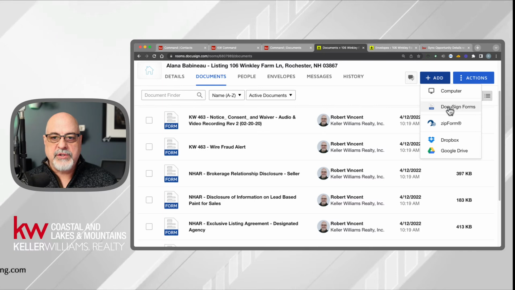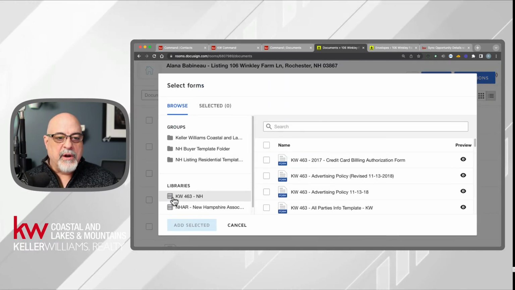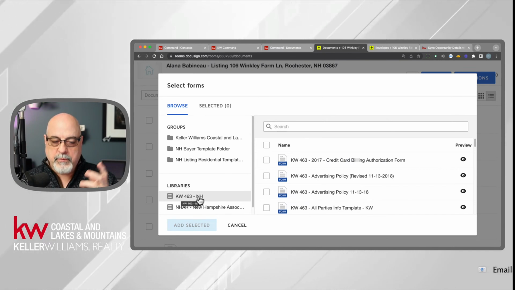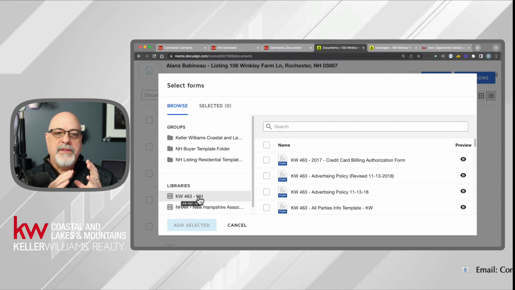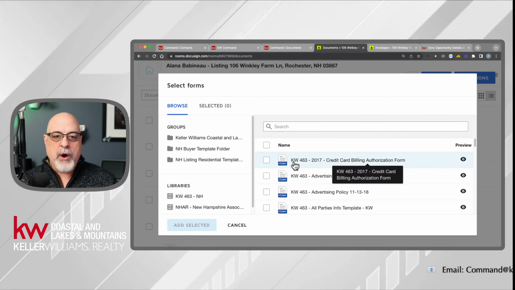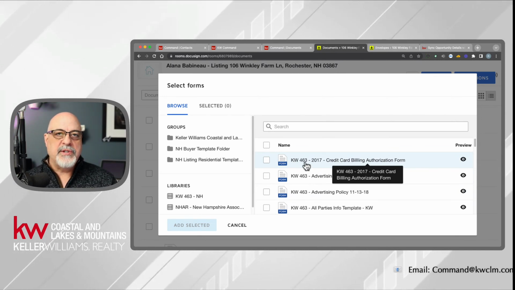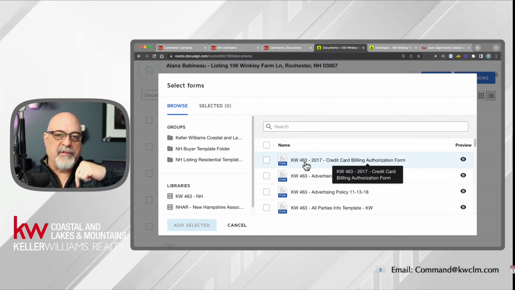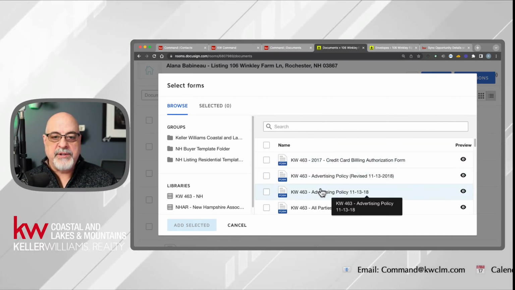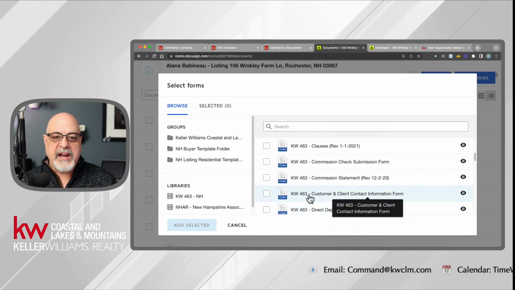And I'm going to go to DocuSign Forms here to talk about it. We have documents that are based on 463, New Hampshire, which is us at the Market Center. These are Market Center specific documents, and they all are preceded with 463 here. And this tells you that this is something that you need to fill out for the Market Center. So any one of these, credit card billing authorization, advertising policy, all parties template, all these different things, all these